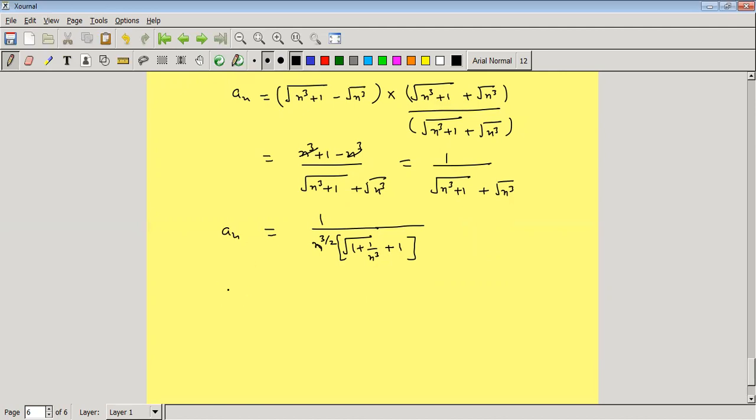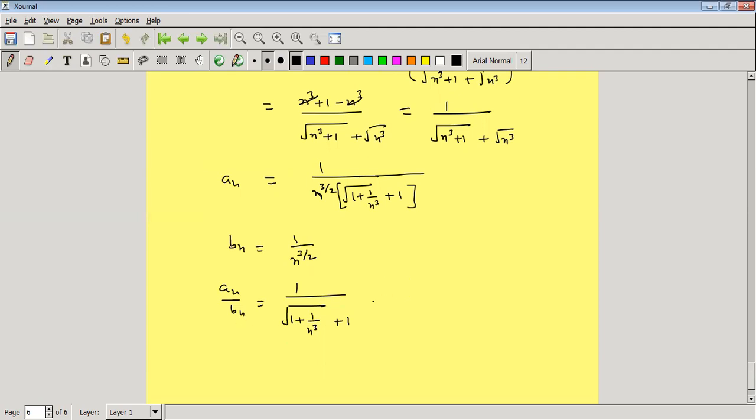Now we have to find the auxiliary series bn. Take bn to be 1 upon n to the power 3 by 2, degree of denominator minus degree of numerator. So in an upon bn, 1 upon n to the power 3 by 2 cancels out, and we have only 1 upon the square root of 1 plus 1 upon n cube, plus 1. When we apply the limit n goes to infinity of an upon bn, we get 1 upon 1 plus 0 plus 1, that is 1 upon 2, which is